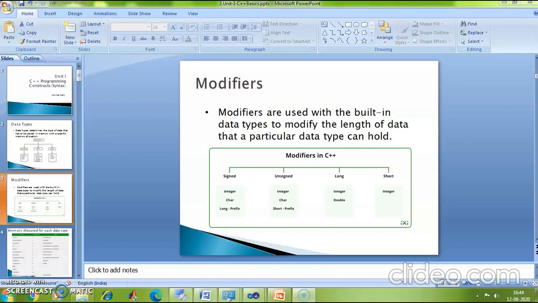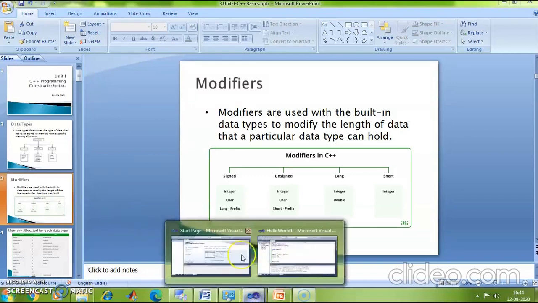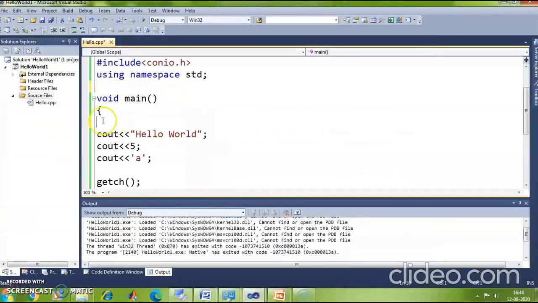For example, let me consider a signed integer b, whose value could be either positive or negative. So I'll take the value of b equal to -1.